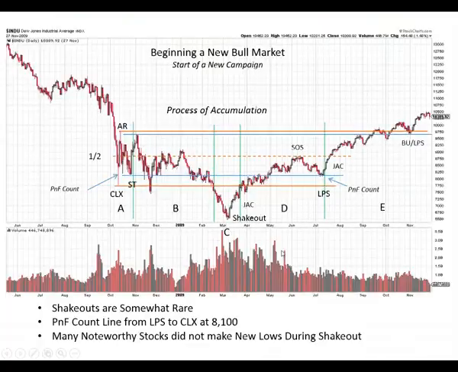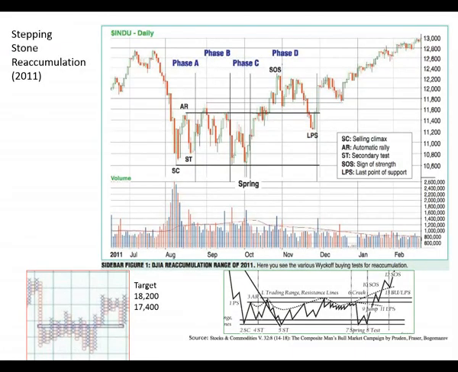Should we go to the vertical? Do we have? Yeah, let's just. Okay, so here you can see that